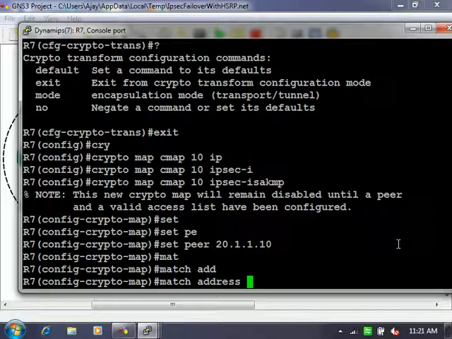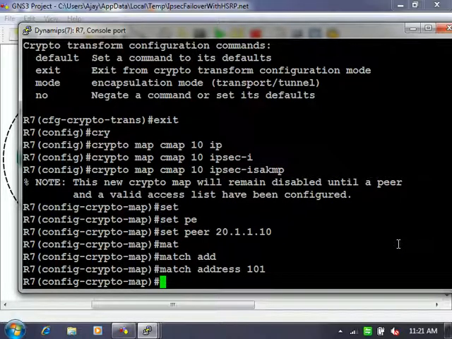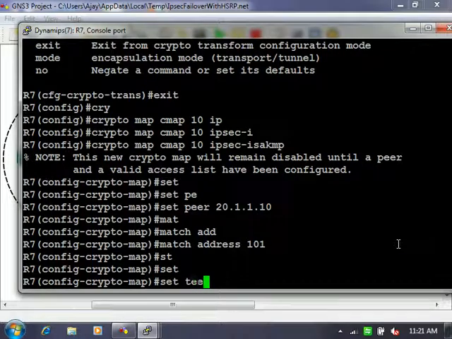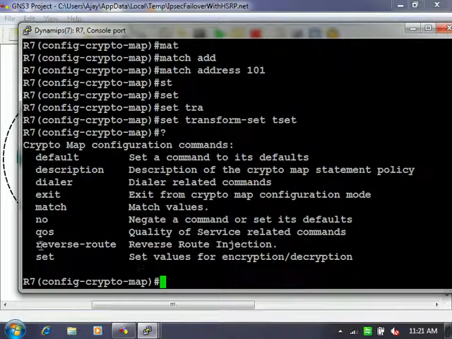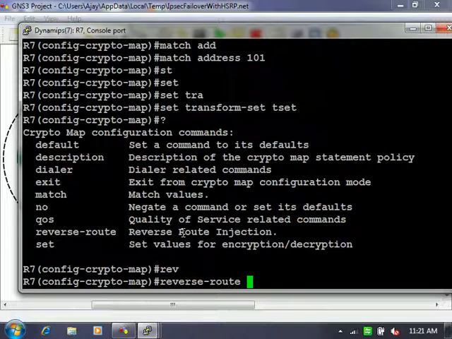Did we create any access list? No, right? But we can create it later. Set transform set. Over here you will see reverse route, but we are not going to configure reverse route over here. If you want to configure, you can configure it. Let's say reverse route,